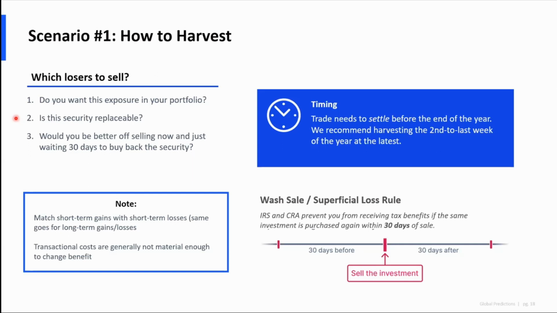So then, assuming you go through and you're like, actually, this is the portfolio that I want, there's nothing else that I can sell, quote unquote, for free in terms of how happy I am with my portfolio. You want to go through and look for securities that are easily replaceable. And this is where we get into some nitty gritty, because there's something that I'm going to talk about in a second, which is called the wash sale rule, or in Canada, superficial loss, which says that it can't be the exact same security.